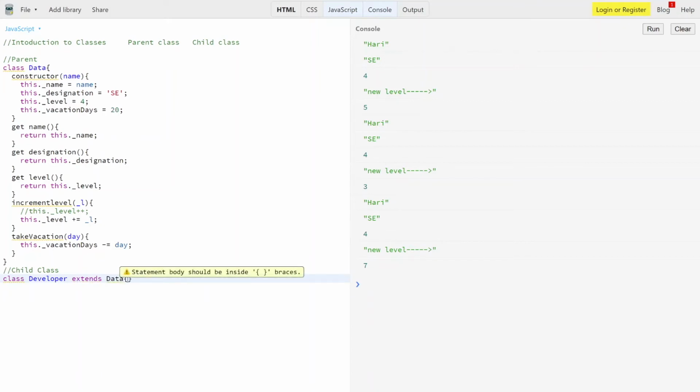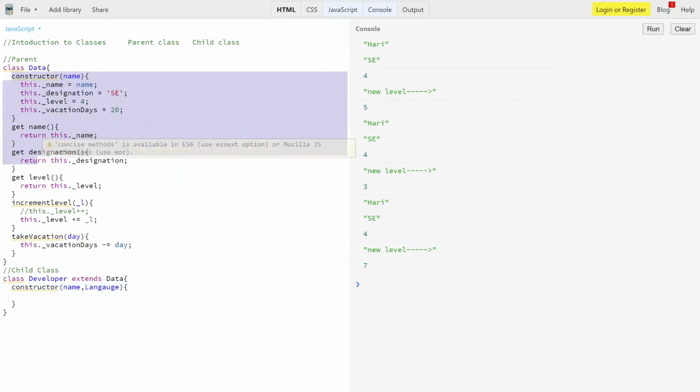Then I'm opening the class. In the class, as already told, first thing is the constructor itself, and inside the constructor I'm passing name, or say I'm passing language for the developer. Say I have to use all this. As you know, the parent only has one input parameter, so how can we pass the name?